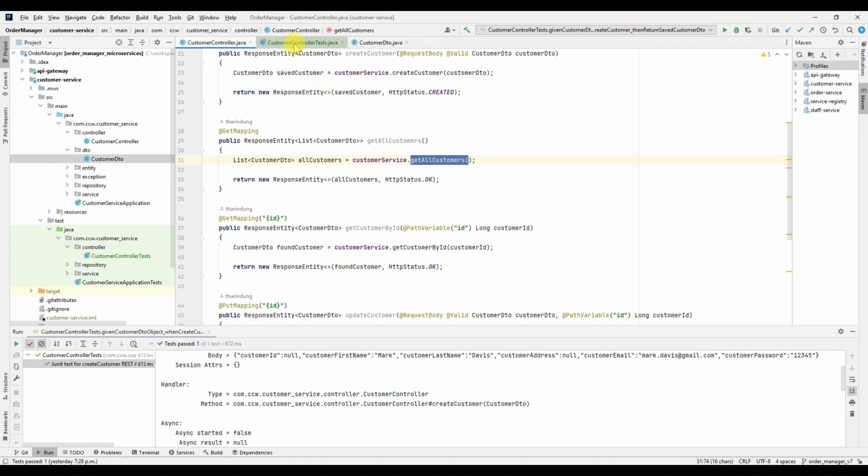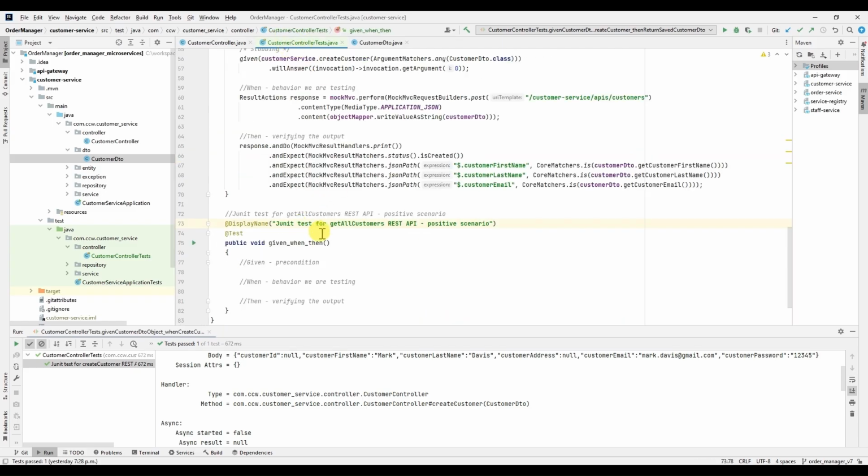So to return a list of customer DTOs, we have to give a stub call to return that customer list. So let me give the name in the given section as given